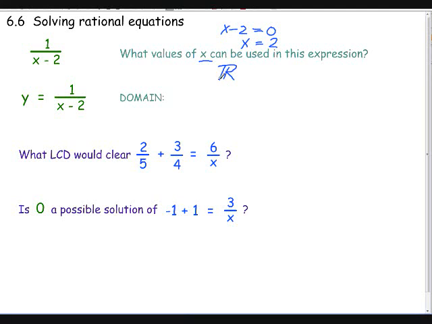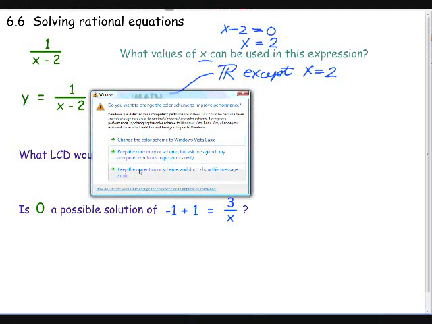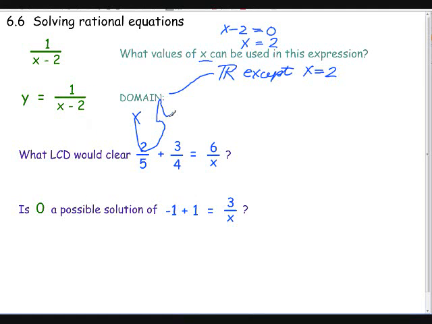So what I can say about this is we can use all real numbers. This is a symbol for all real numbers, except x equal to 2. That one we may not use. So we can refer to this as a domain. What can you put in? Anything except 2. Another way we could write this is,